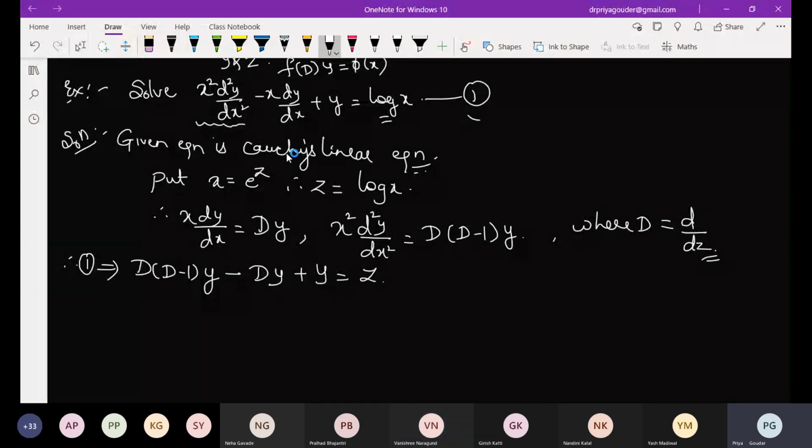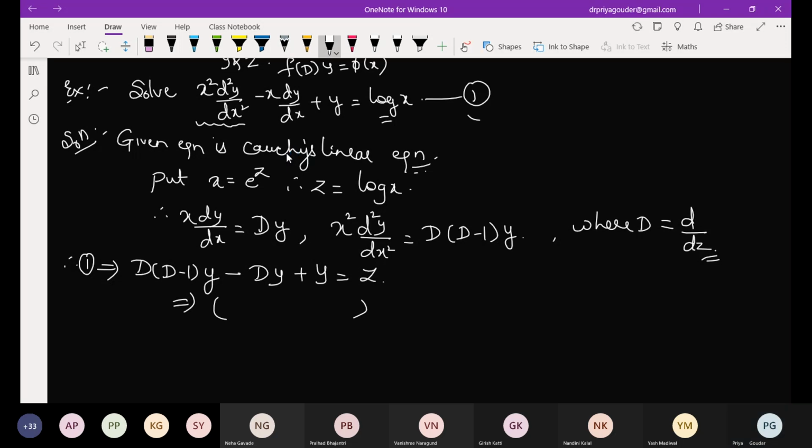Now, actually, that means here there are two variables, x and y. You have to change again to only those two variables. But if I write it as log x, my d is in terms of z, my y is there, and you are writing x. So how many variables will there be? Three. So don't do it like that. You should substitute in such a way that you have only two variables.